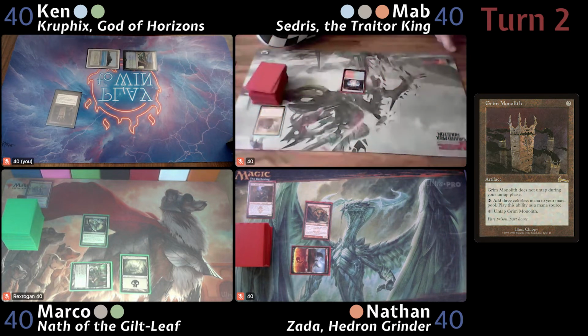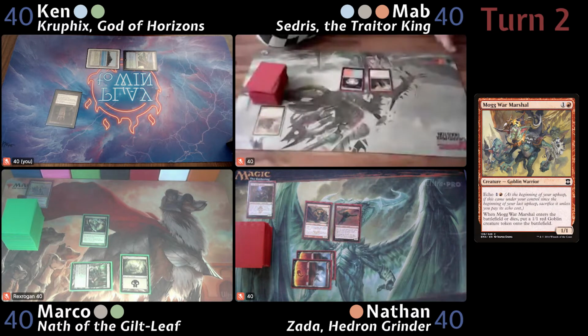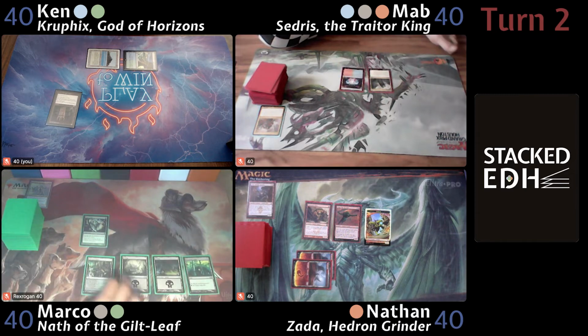I will play a command tower. I will play a mountain. I will cast Mog War Marshal. On enter, it will make a goblin. Untap, draw for turn, play a Swamp for turn, play the Wildwood Lodge, 1, 2, 3, and cast Grim Tutor,